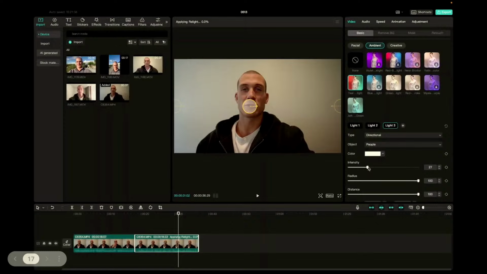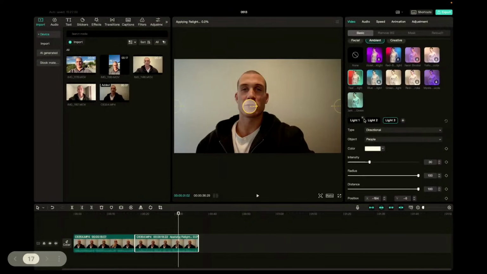And I can increase the intensity of each light, as well as the distance, the radius, etc. So as you can see, it's pretty straightforward to use, and you can just enhance how you look on camera, and therefore making you look a bit more comfortable, as well as saving you money, because usually you actually would have to buy physical lights to do those cool effects, like some of the YouTubers do sometimes. You know, they've got always colors and stuff going on in the background. So all you need is just good AI editing tools.